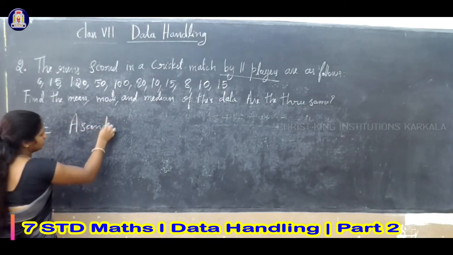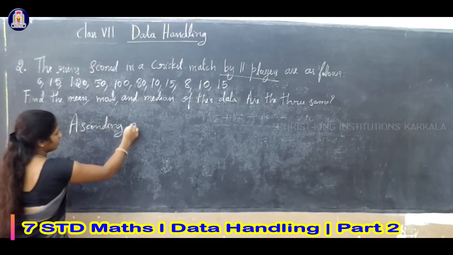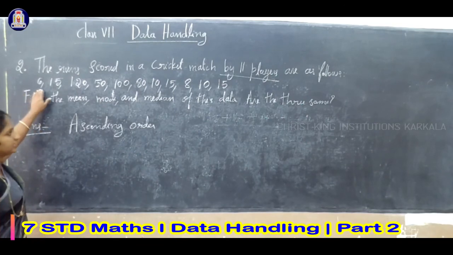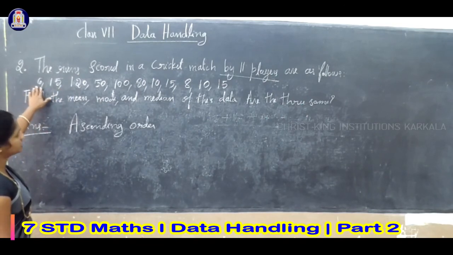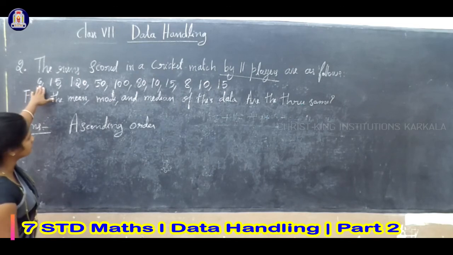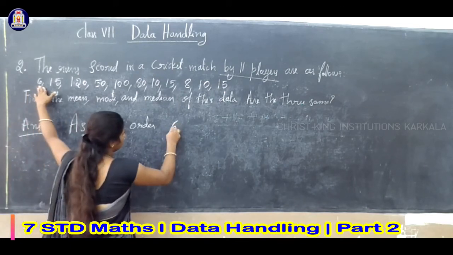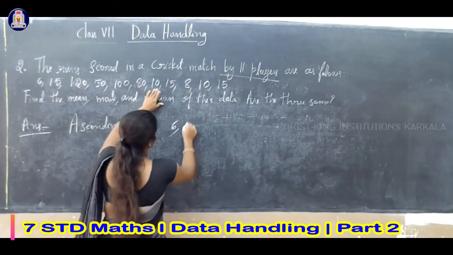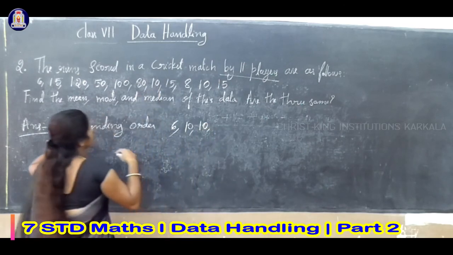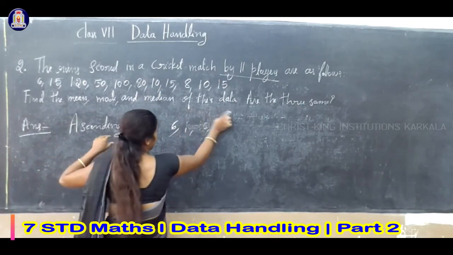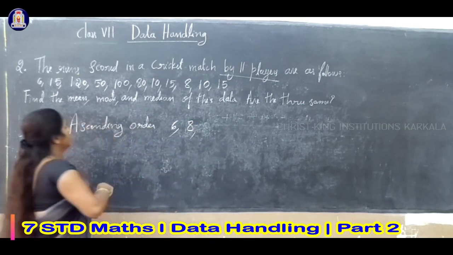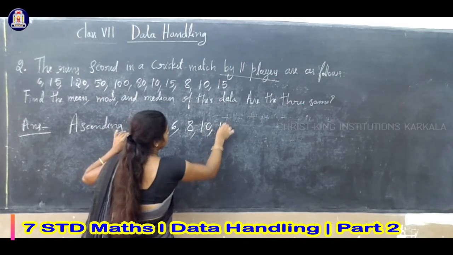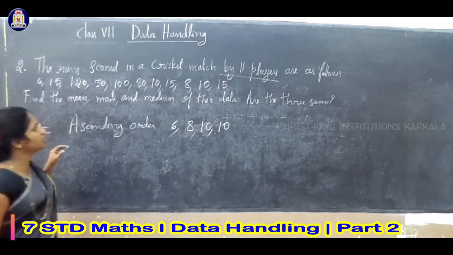So the numbers are like this. The scores in ascending order. Which is the smallest number, the least number? In the given data, the least number is 6. Is it correct? Yes, 6, comma. Next number is I think 10. 10 how many times repeated? 2 times. 10 comma 10. Next, before 10 there is the 8. So write 8. 6 comma 8. See properly. 6 comma 8. Next 10. So one more time 10 is repeated, right? How many times? 2 times 10.